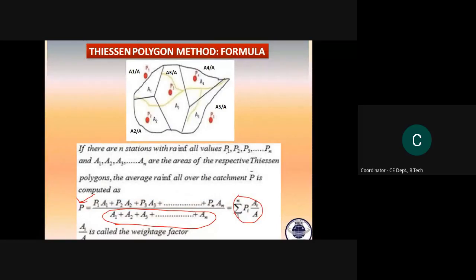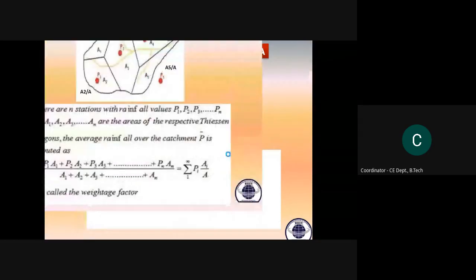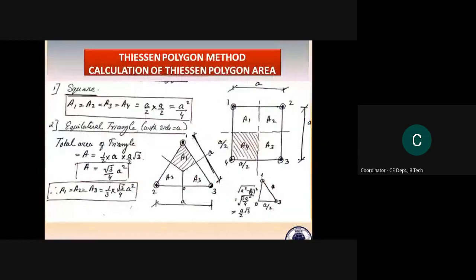The only hard thing is that we have to find the area. If there is no planimeter, but they still ask you to find the area, you don't have any instrument to estimate it. That means they will not give you the A1, A2 values. In that case, they will give you a problem like this. There are 4 rain gauge stations placed like this. Now they will ask you to find the Thiessen polygon and the mean average values.